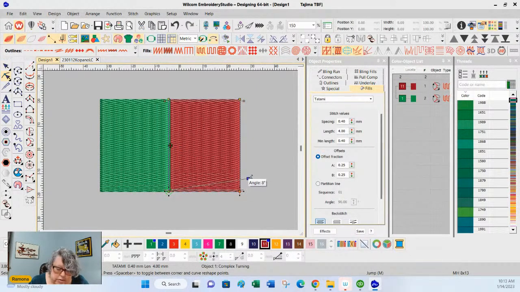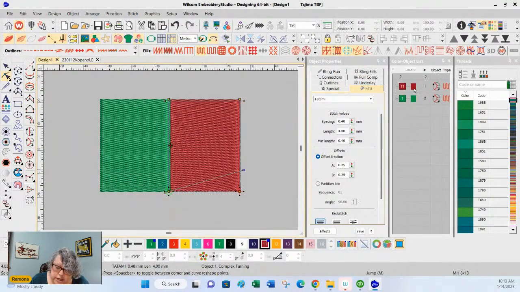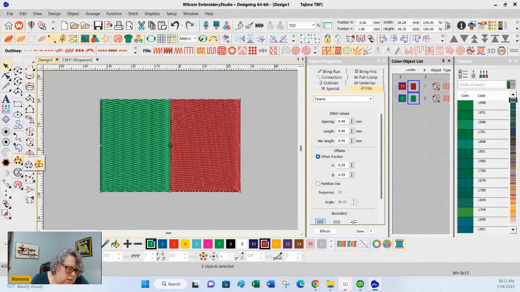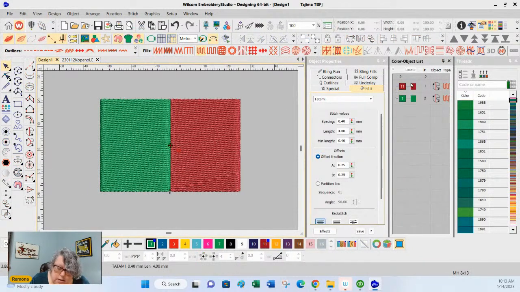And for some reason, my stitch angle changed. So let's change our stitch angles back. That's better. Changing our stitch angle actually added another 80 stitches.